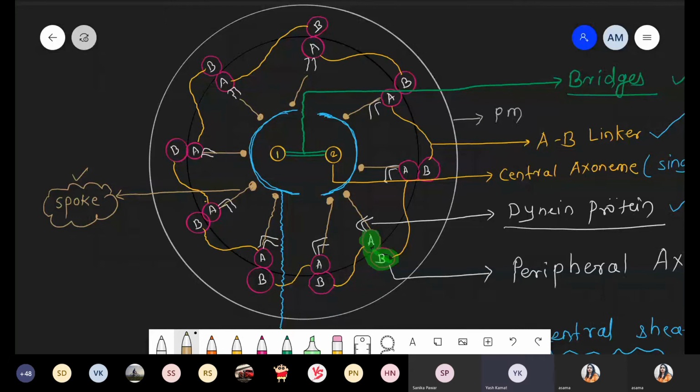Excuse me, ma'am. Ma'am, could you please explain the working of the protein, the dynein protein? I'm explaining the entire structure once again. Don't worry. First of all, complete this diagram because I know it's quite complicated और बहुत सारे हैं. It's a crowded structure. So many proteins and names are involved. I'll discuss later. Just complete this diagram.